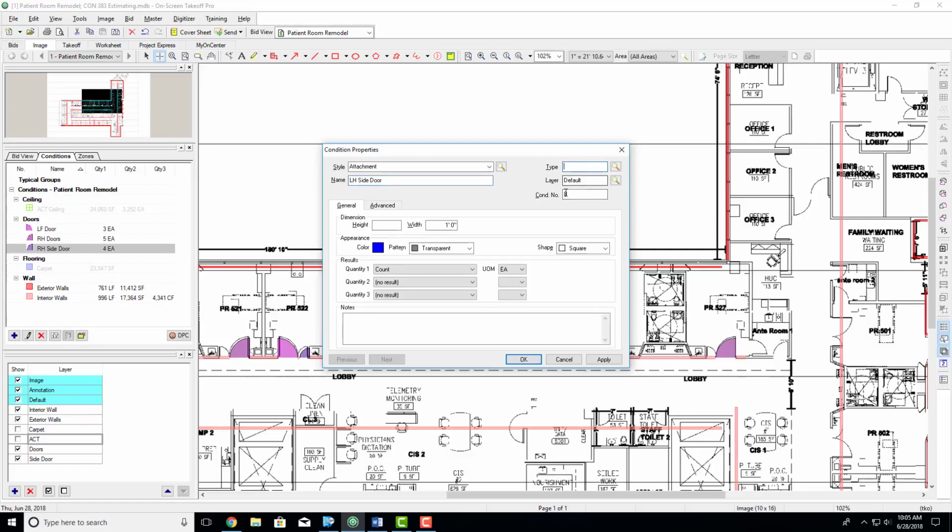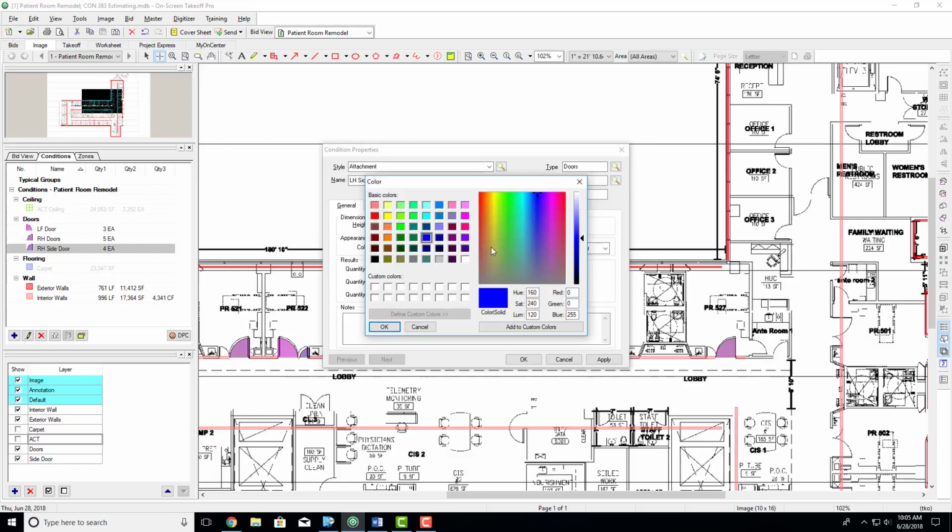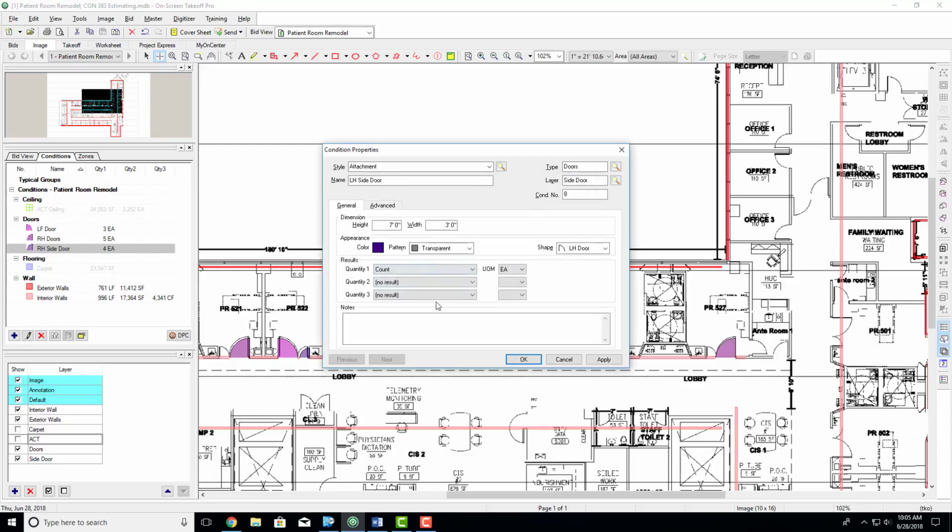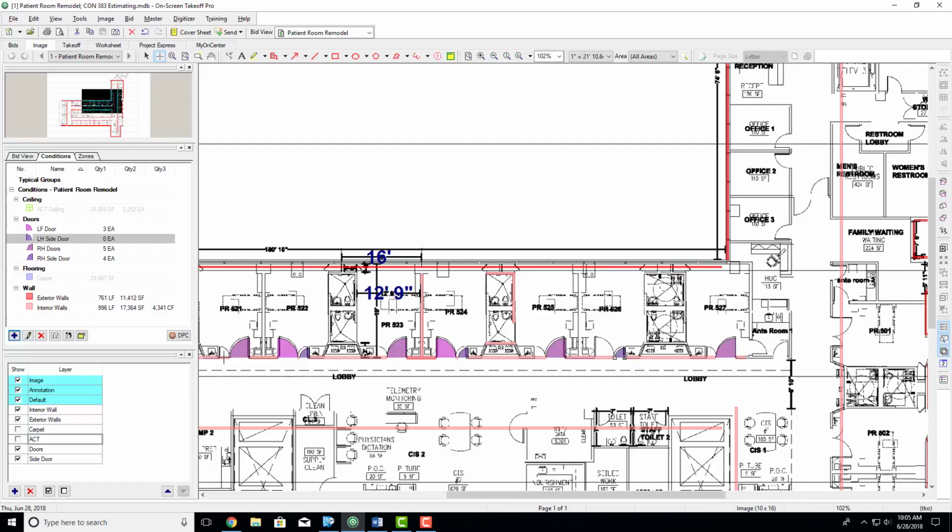Then you're going to go type. It's going to be doors. Layer is going to be side doors. Height, 7 foot. Width, 2 feet. Shape is going to be your left-handed door. Your color is going to be this same purple right here. And then you're going to have a count, and you're going to hit OK, and you're going to do the